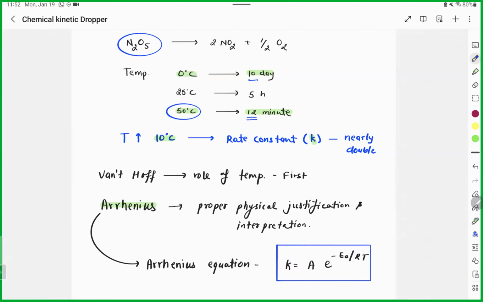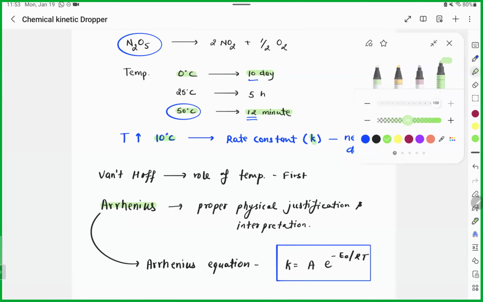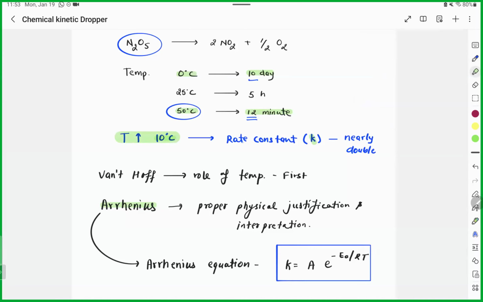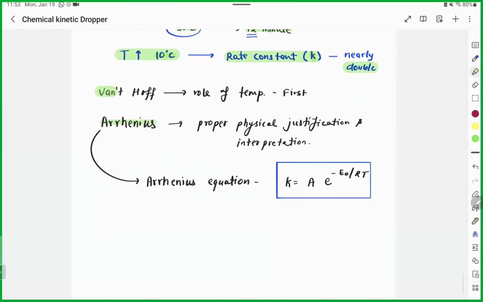That's how a refrigerator works. When we reduce the temperature, it slows down the chemical process where bacteria and fungus are acting. Okay? So the general rule is if you increase temperature by 10 degrees Celsius, the rate constant will become almost double. One of the first people who said there is a role of temperature in the reaction,